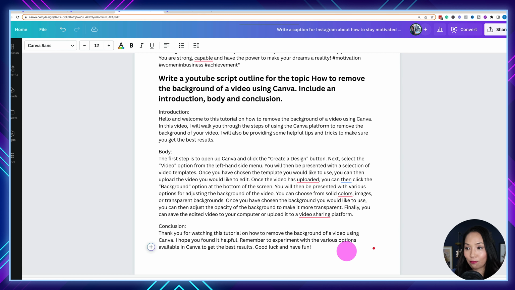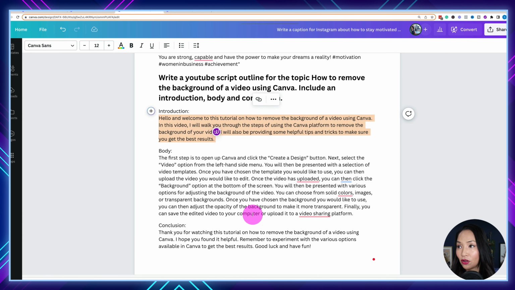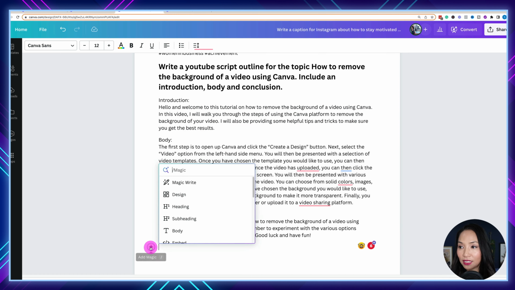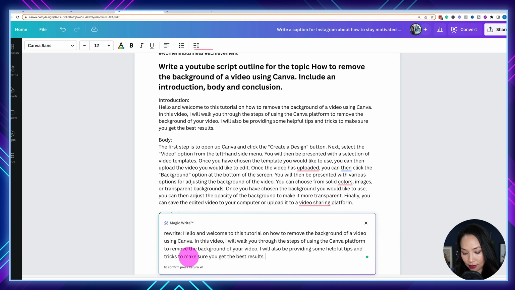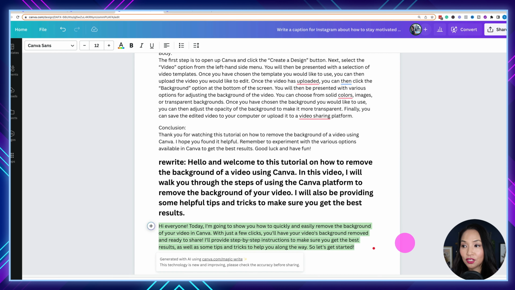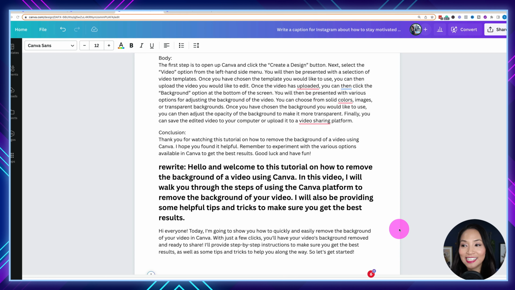Now let's do one more example. Let's take some text and ask Canva to rewrite this text. So I'm going to select the plus button again, select Magic Write, and I'm going to write the prompt to rewrite this. So there it has, it's rewritten the text. So not only can it generate text for you, it can rewrite text for you as well. I think it's done a pretty good job of rewriting the text, and I love the infinite possibilities you have to really jumpstart your content and give you a foundation to start writing from.